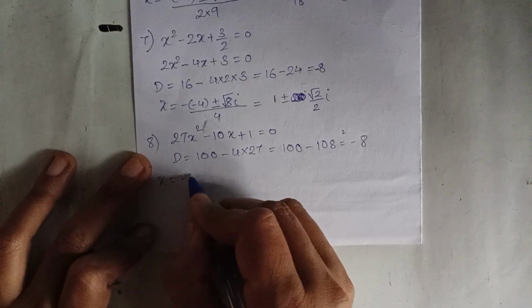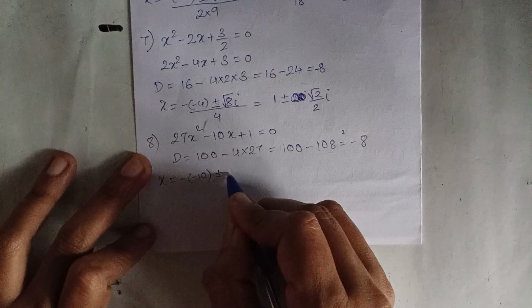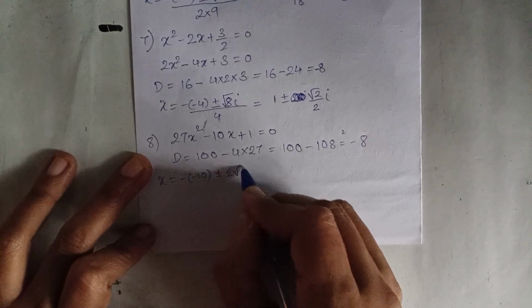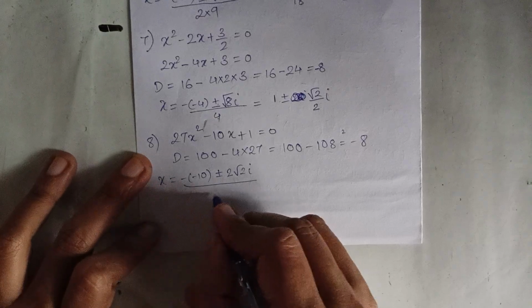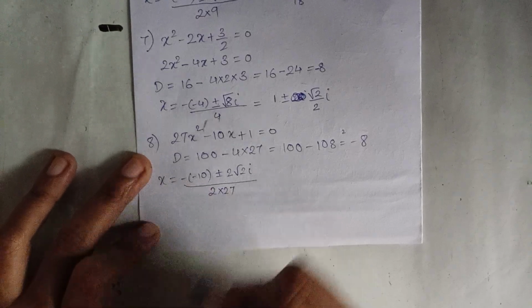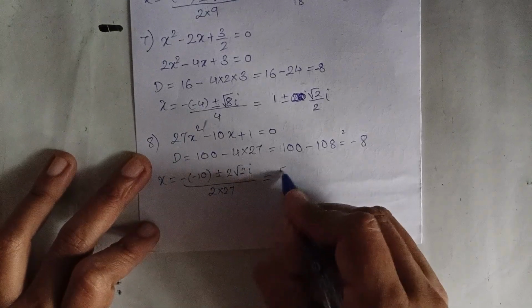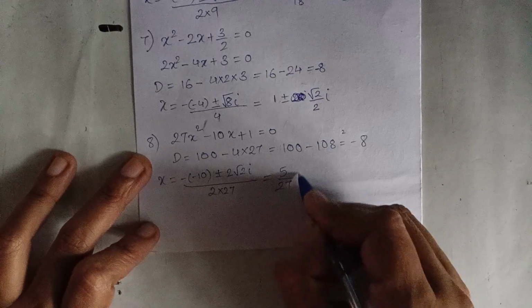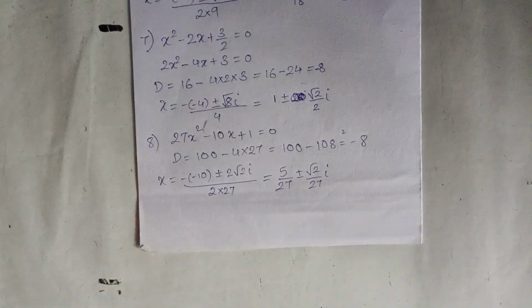X minus 10 plus or minus again 2 root 2i, 2 into 27. Okay, so you can cancel this. 5 upon 27 plus or minus root 2 upon 27. Okay,